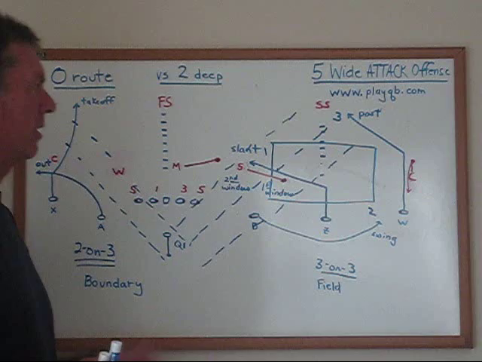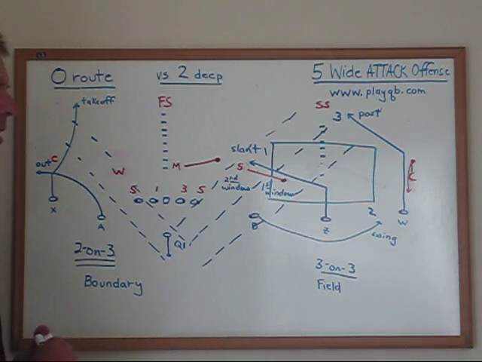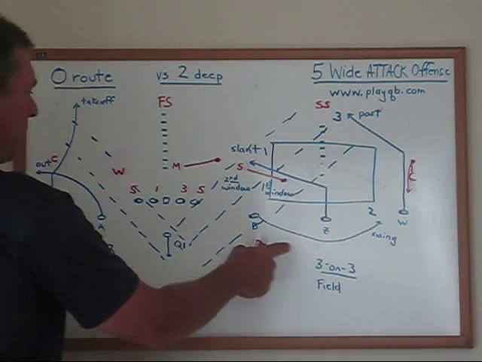We really haven't changed in this particular instance our first read. We just know that we may have to throw it a little quicker than if it was against 3 deep. That's the only thing we've had to change, and we can execute at a high level of efficiency because of that. All right? One of the things that happens when people play 2 deep, particularly against a 5 wide set,